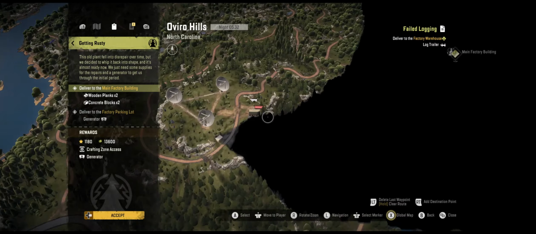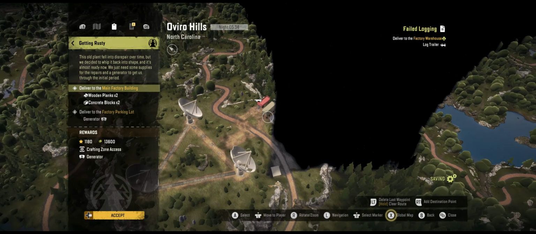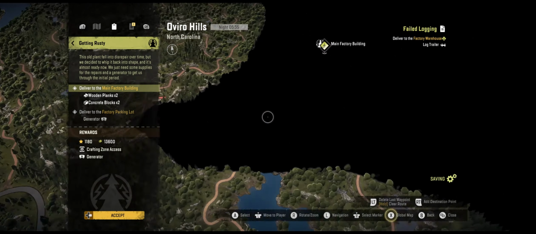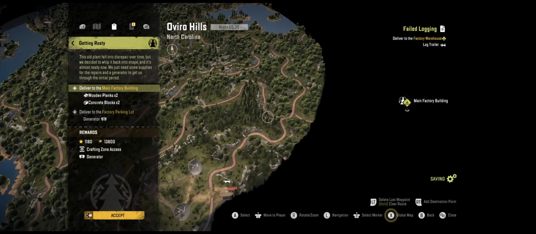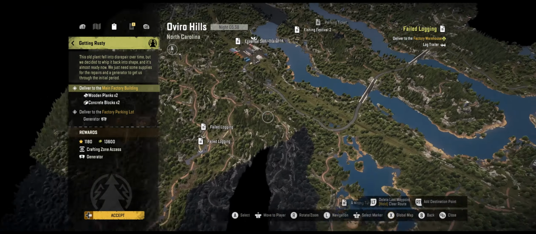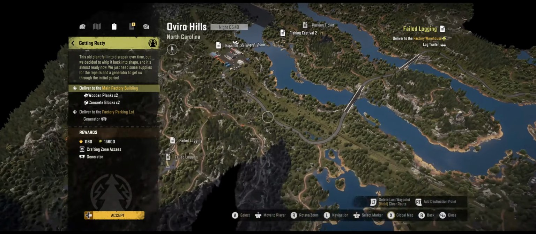I think the generator is right here. I'm pretty sure I was looking at this as well, and I was like, where is there a generator? And there's a generator like right there. So we could do that, get that uncovered. We'd have to bring another truck over. I think instead of bringing another truck over right away,